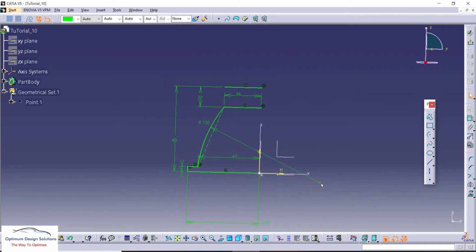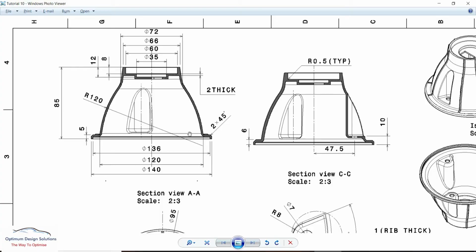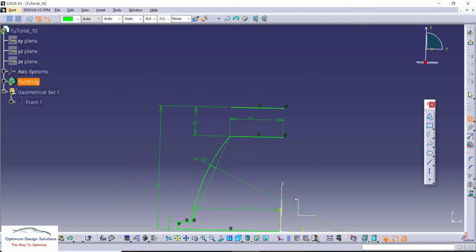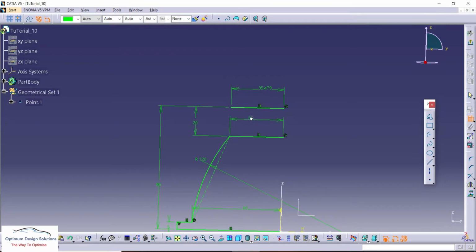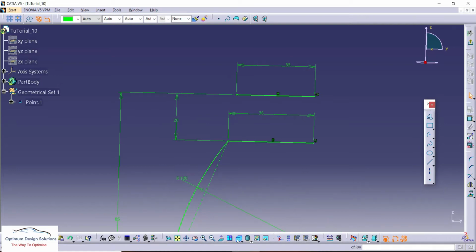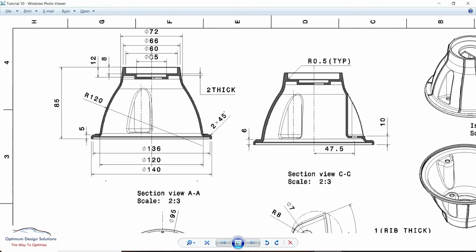Now the remaining part, these dimensions: this is 66 divided by 2. So 36 is the bottom radius, and the upper one is 66 divided by 2, 33. Both of these we are going to connect to each other.